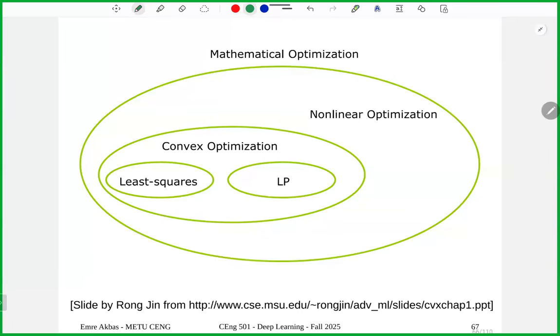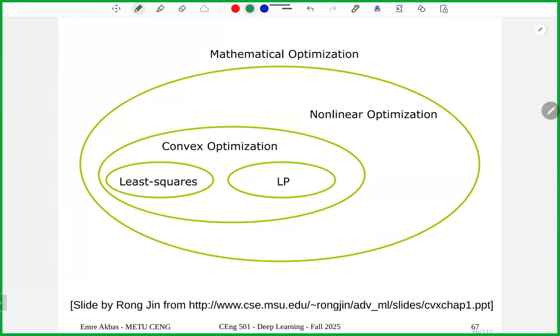Under it, there is nonlinear optimization, which covers all. This is the largest set. Under it, convex optimization is a smaller subset, and within it, we identify specific optimization problems such as least squares